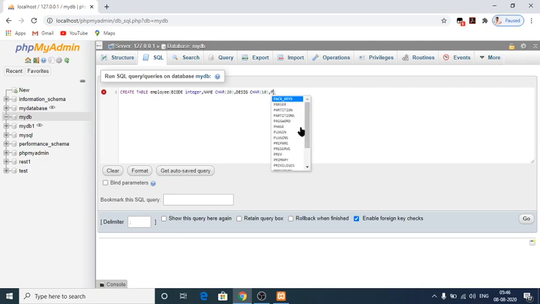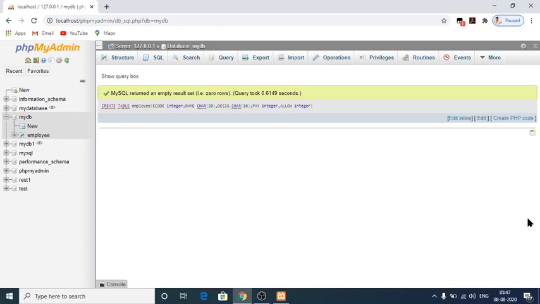The next one is PAY, and that should be INTEGER. The last one is allowance, ALLOW or ALLO, that should be an integer because they have given it as a number only, INTEGER. So at last we have to give it here. Now we are going to set the schema, the structure of the table. Go. My statement has been executed successfully, there is no error.